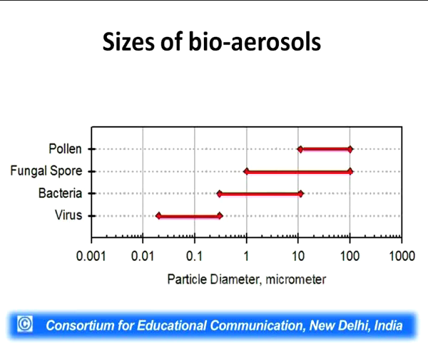Here we can see the smallest are viruses, and their size varies from 0.01 to approximately 1 micron, while bacteria are generally bigger than viruses, and their size varies from 0.5 micron to slightly over 10 microns, while the fungal spore size varies from 1 micron to up to 100 microns, while the largest ones,